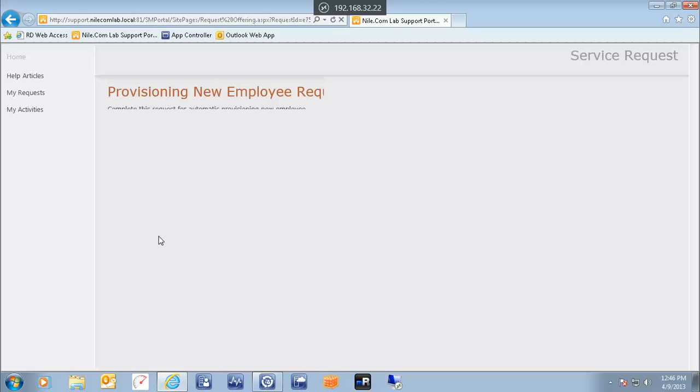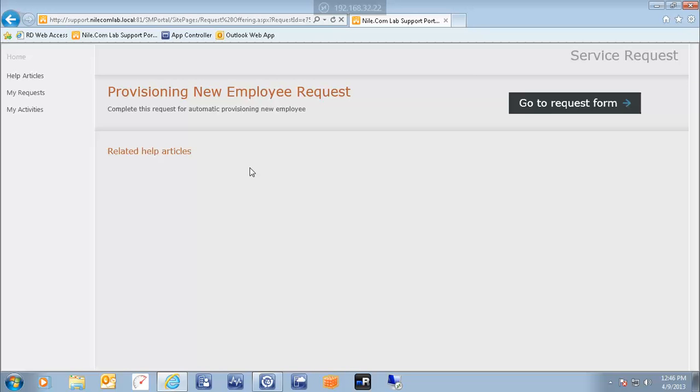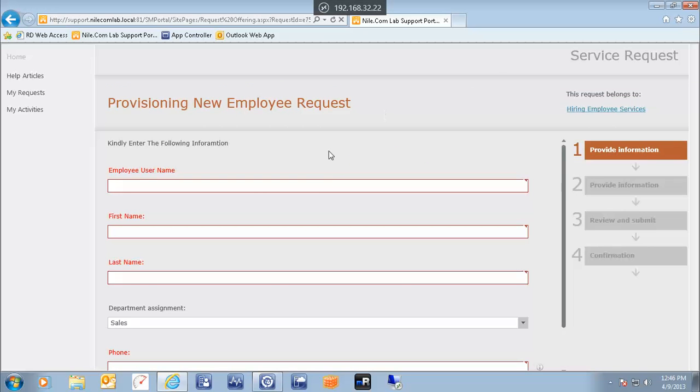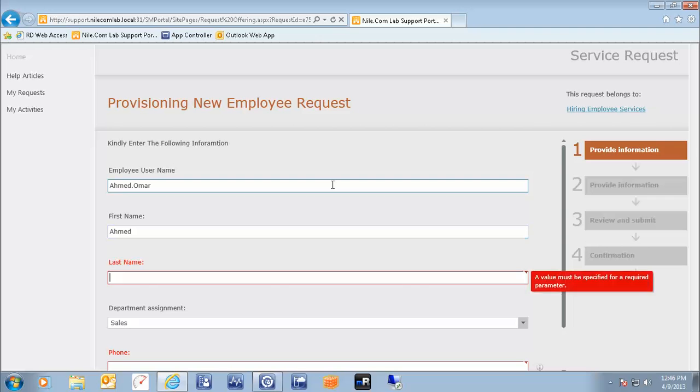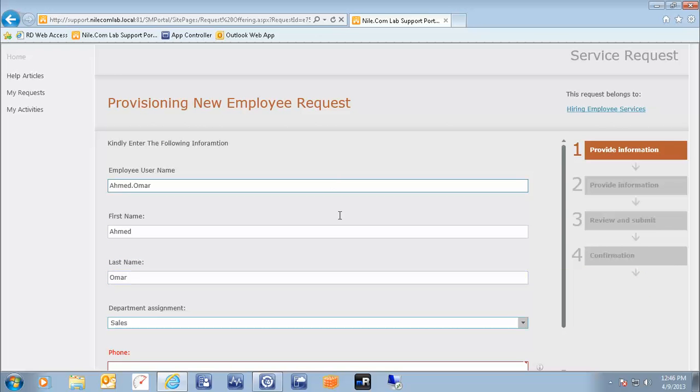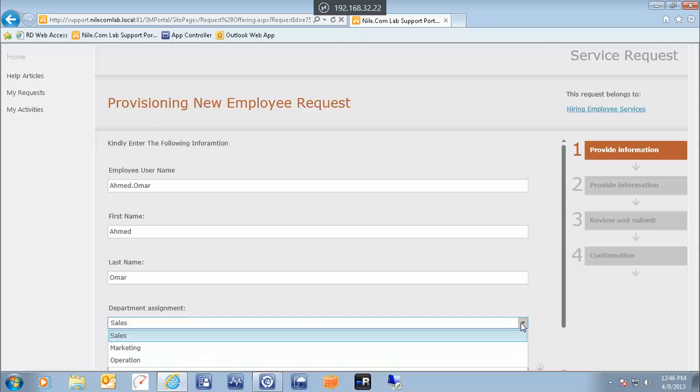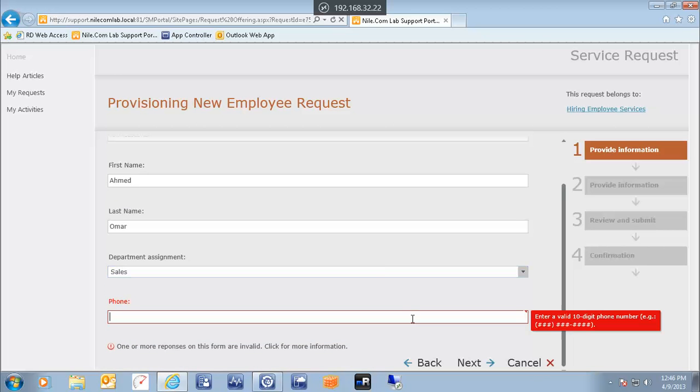Let's assume that we have a new employee that's called, for example, Ahmed Omar. Okay, so we'll say the username Ahmed Omar, first name Ahmed, last name Omar. Department assignment, as you can see here, we have 3 departments. Let's assume that we'll add him in the sales department, and of course these fields can be customized according to